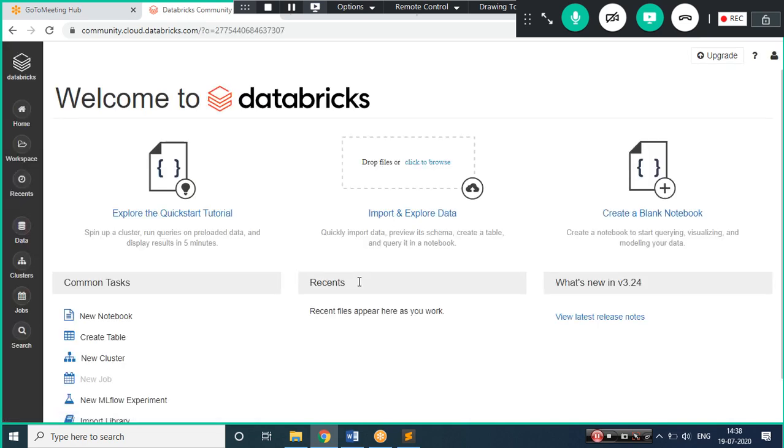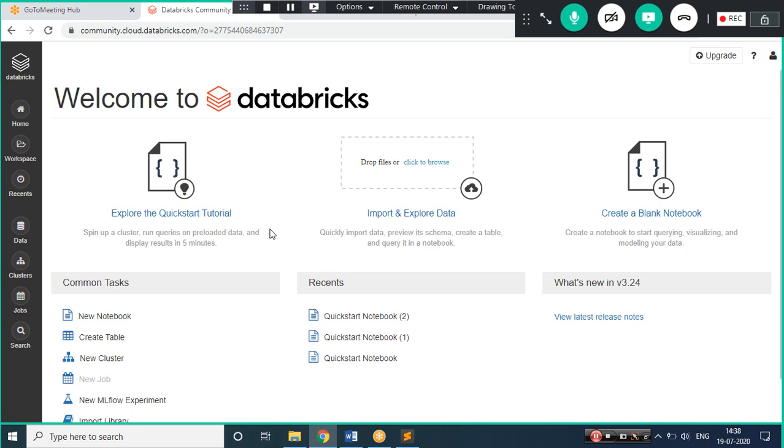Okay, so I've just logged in. We don't need to do any type of installations. Databricks leverages the cloud, and it gives us the feasibility to create a cluster and practice all our Spark Scala code or PySpark code, and we can leverage it for machine learning as well. Everything is available. I'll just briefly walk you through; later on you can explore.